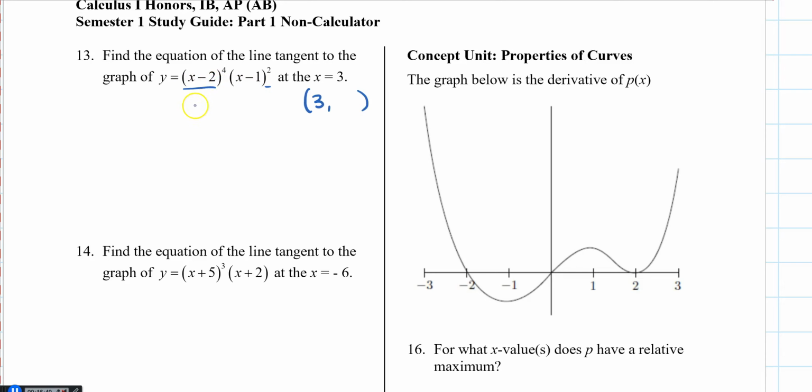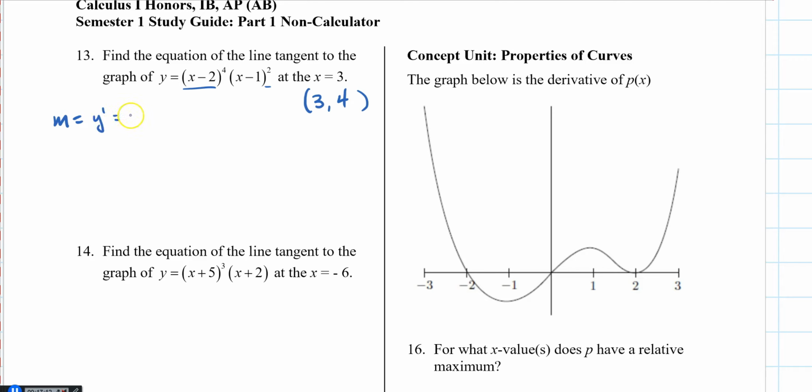3 minus 2 is 1. 1 to the 4th is 1. 3 minus 1 is 2. 2 squared is 4. 4 times 1 is 4. So I've got a point. And now I need to find the slope. Well, the slope is going to be when I plug in the derivative of y,